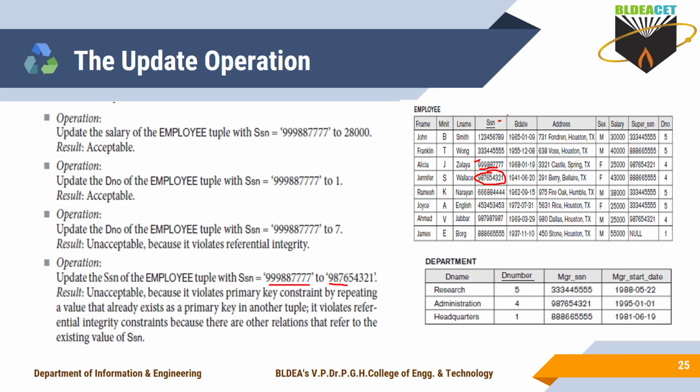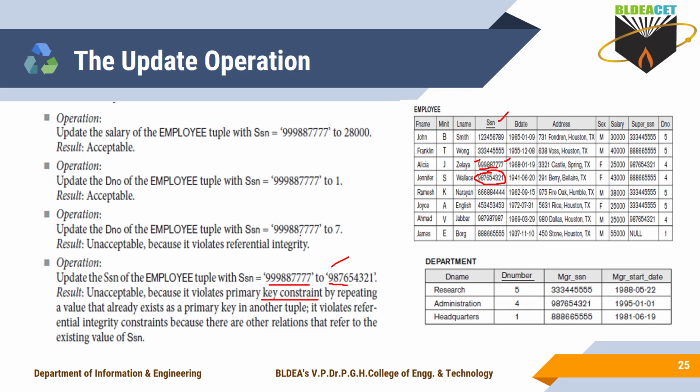No. Why? For this SSN it is underlined. Underlined means it is the primary key. Primary key means all the tuples must hold unique values. If I update, I'll get the same values. Then which constraint does it violate? That violates the uniqueness property, that is the key constraint. All the tuples for SSN must be unique here. If I try, then the uniqueness property is violated. That is what we call a key constraint violation here.